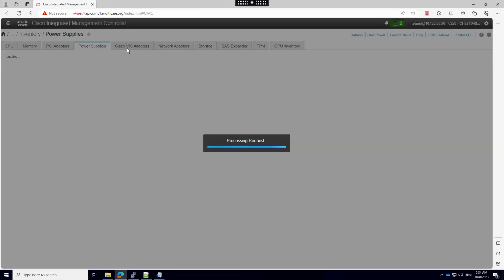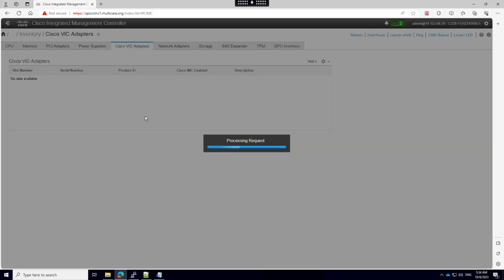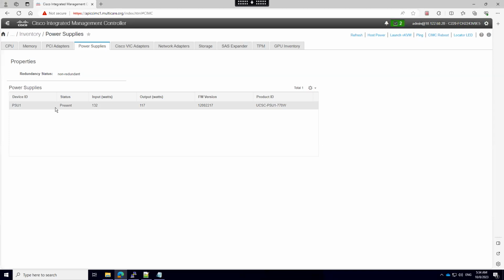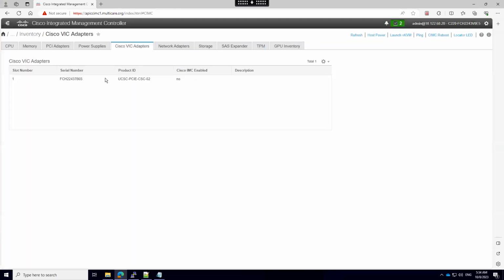This is the power supply. When you purchase the APIC, make sure you have two power supplies, for active and backup. Currently, I have just one, so it is non-redundant. There is no HA for the power. If any outage happens to one PDU, everything will be down.